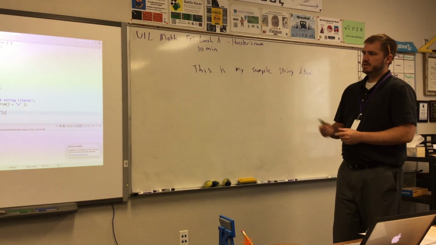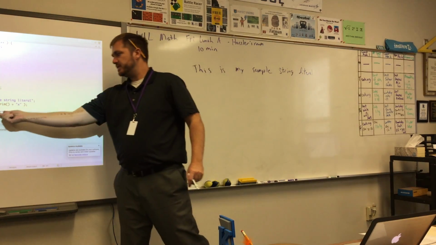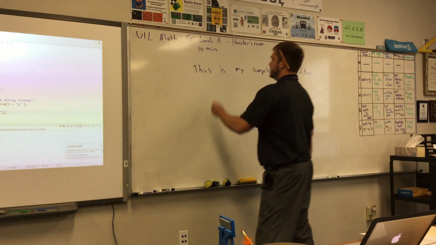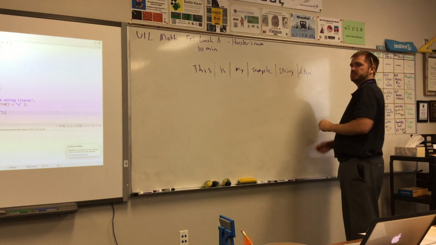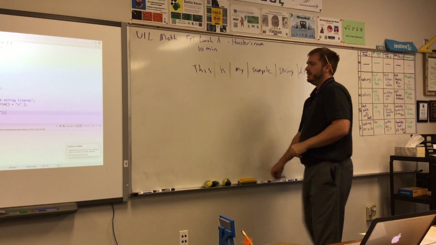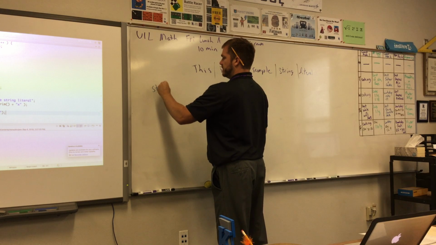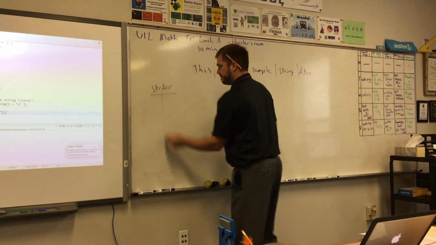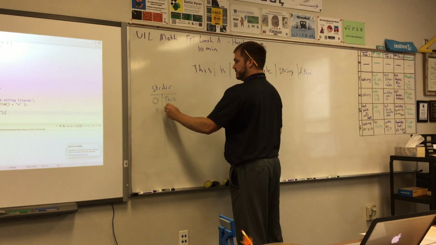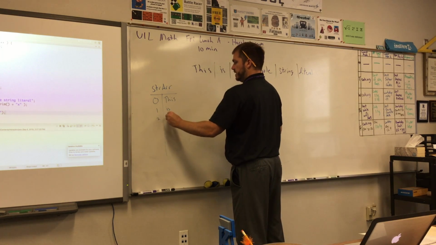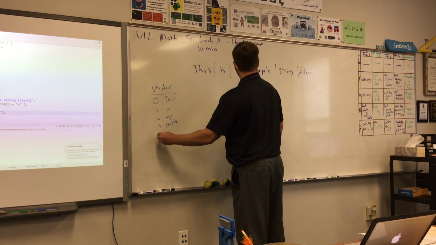So what split does is every time it sees a space, because I want it to split on spaces, it'll be like split, split, split, split, and split. And then it goes over here and creates an array, in this case called str. And in position 0, it puts the word this. And in position 1, it puts is. And then my sample